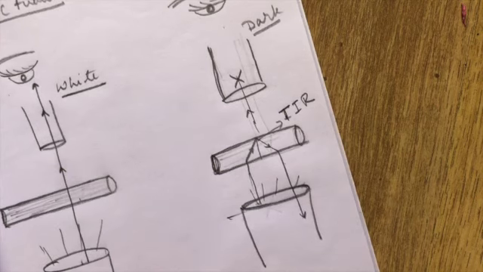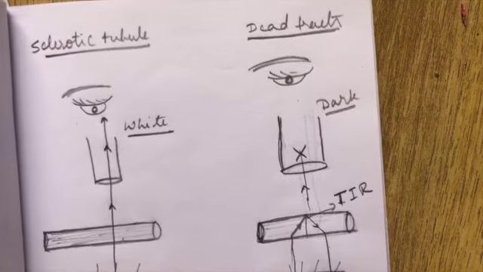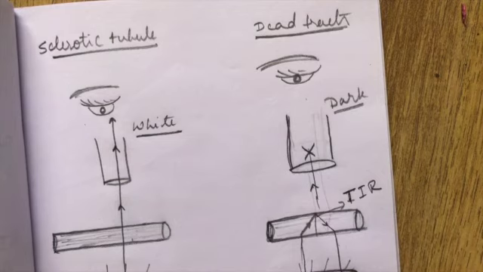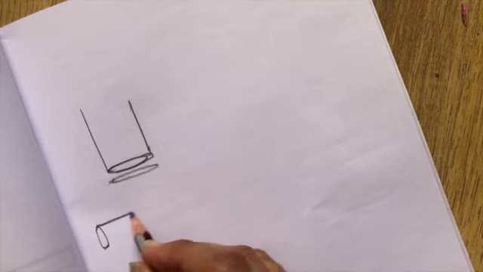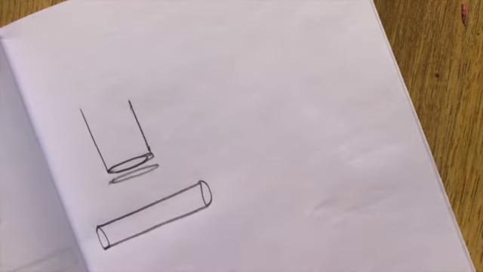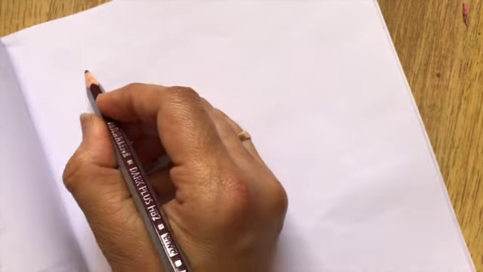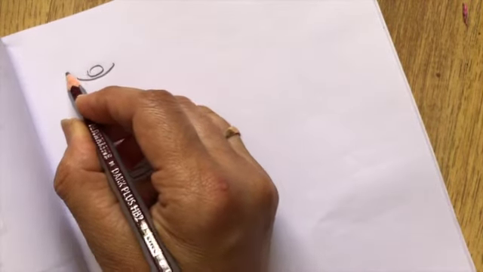Okay, so let's understand what happens in reflected light for both sclerotic dentin and dead tracts. When it comes to reflected light, the source of light is also on the observer side. So we will see this. This is the eyepiece that we had drawn. The source of light also is, say, somewhere here. Again, as I said, it's a diagrammatic representation. And here is the tubule of the sclerotic dentin, which is highly calcified and mineralized. Now the observer's eye is also here.